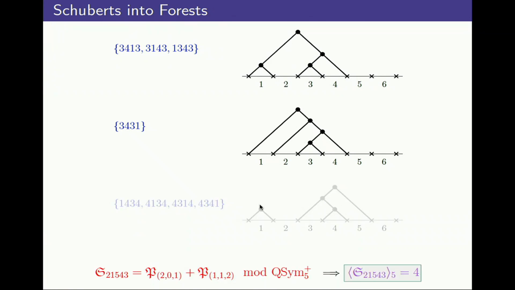I want to reduce modulo QSym. Given what I told you, forget one of these guys, right? The thing splits. The moment you have multiple components, don't care. So those two survive. So modulo QSym, it's 2 forest polynomials. I'm specializing to all ones, count linear extensions, 4. So that's sort of the story. You first expand into Schuberts, ignore certain forests that have too much of a support exceeding bounds. The remaining, count linear extensions. That's the hook length formula. Put a bunch of stuff together.